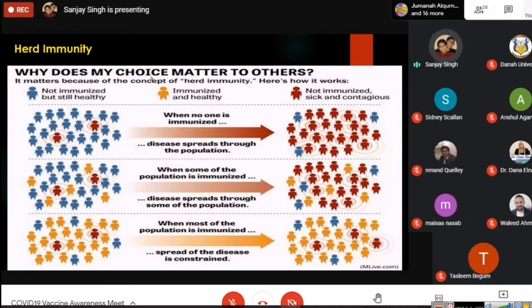So at the moment in Kuwait, the level of immunization is less than 1% compared to the global population, which is around 2.8%. So what is the level of vaccination where you can achieve herd immunity? That is the last arrow. For coronavirus, it comes up to 52%. That's what the research says. So you have to reach up to 52% vaccination before the herd immunity can work. And you can see there's still a long way to go.